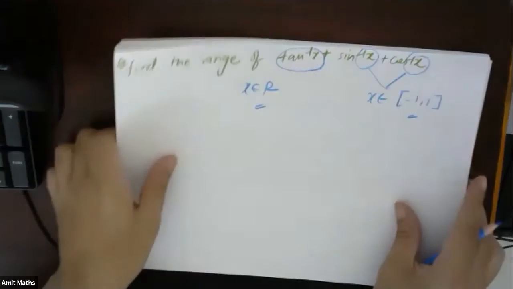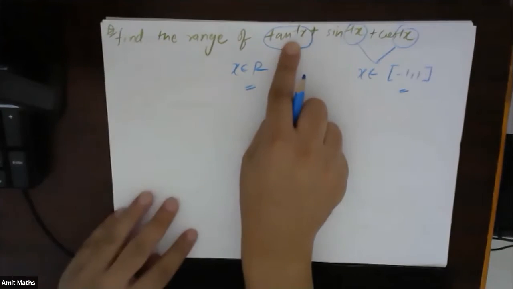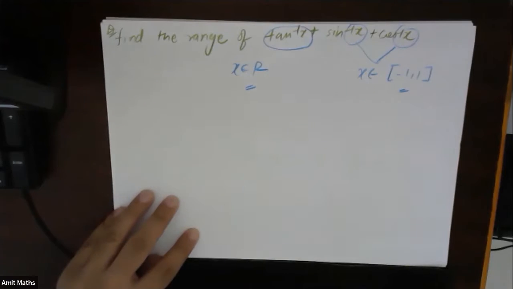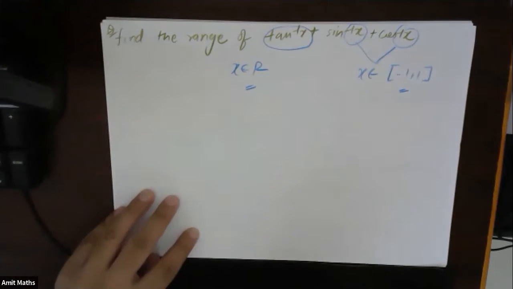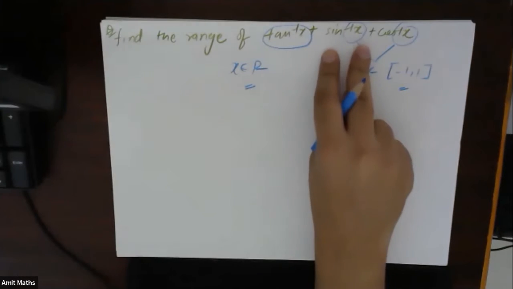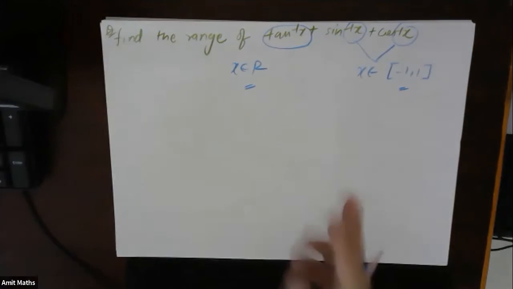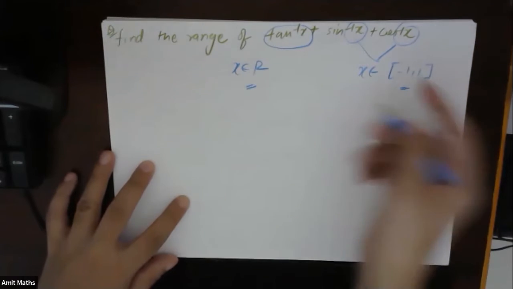See, if in the same question I have written tan inverse x, sin inverse x and cos inverse x, and I'm saying that here x belongs to real numbers, here x belongs to -1 to 1. But when I am talking about the domain of a particular question, that domain should satisfy each and every part. So you can think of this as f of x, this is g of x, and this as q of x. x should satisfy all the three parts, which is the subset of which. So this is the very small set of this. So that means -1 to 1 I can take for all of them.